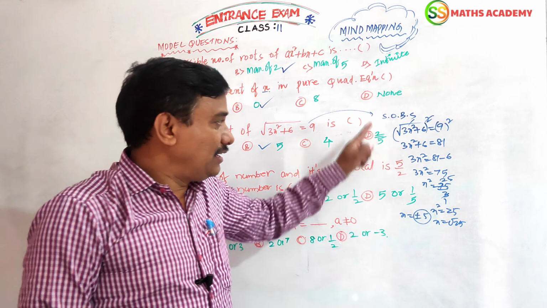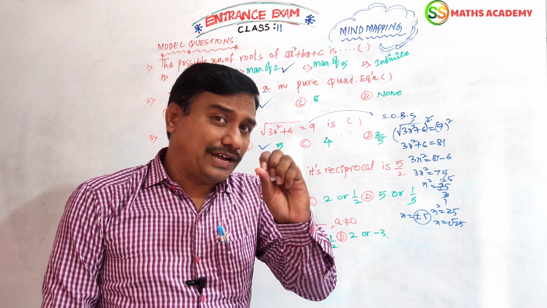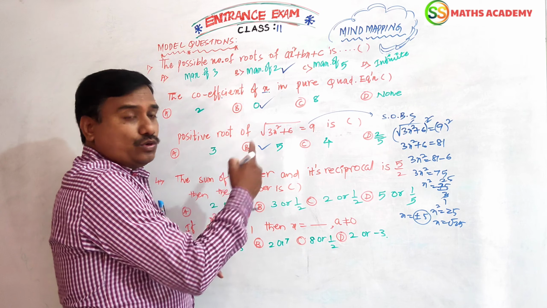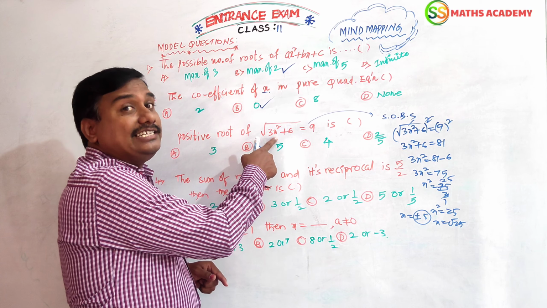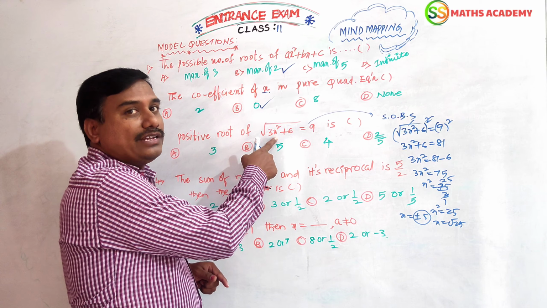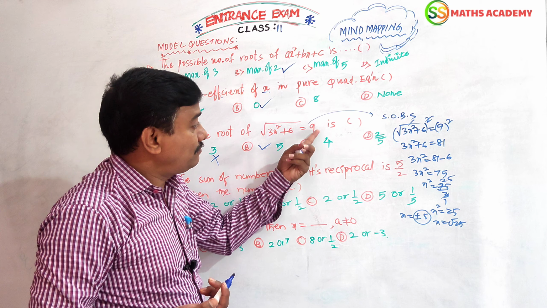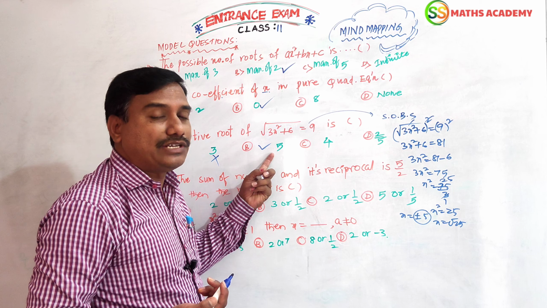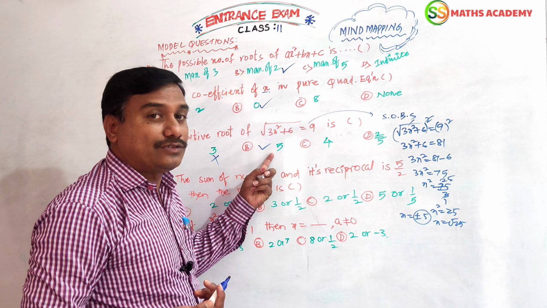This is the answer. Now it has taken a minimum of 50 seconds, but in our style we have to say 5 seconds. So, by answer to question, I have to substitute here 3. 3 square is 9, 9 times 3 is 27, 27 plus 6 is 33, root 33 is not there. Now 5: in the place of x, we substitute 5. 5 square is 25, 25 into 3 is 75, 75 plus 6 is 81, square root of 81 is 9. So this is the perfect option for our question.